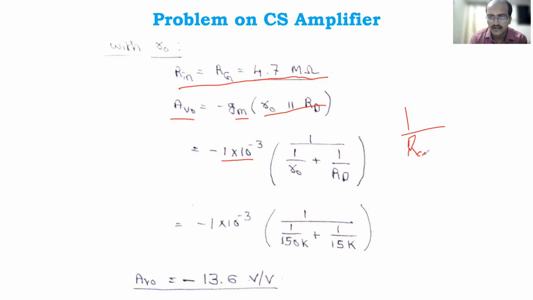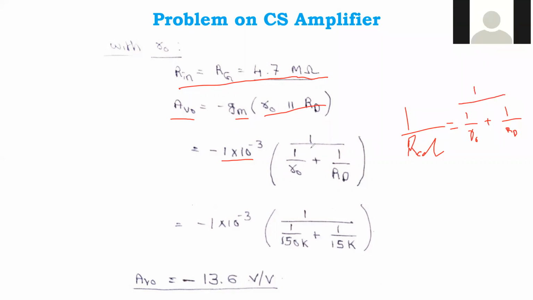1 by Req is equal to 1 by R0 plus 1 by RD. Every time I will use this, that is why I am showing this first case. That is the parallel equivalent resistance, and this is how you write it. Or in the case of two resistances in parallel, you can write R0 into RD by R0 plus RD, but I have considered it like this. Then what is Req from this? It is 1 by this value, so to get Req we write 1 divided by this value. That is how I have written here.